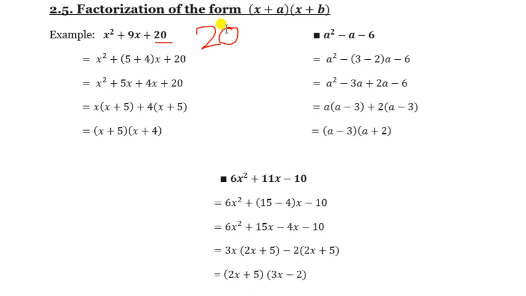So 20. Now you have to find out all the factors of 20. Or you can do it by LCM also. If you do LCM, then we'll get different numbers. So from all of those, by addition, because it is given here with a plus sign, we have to make 9.